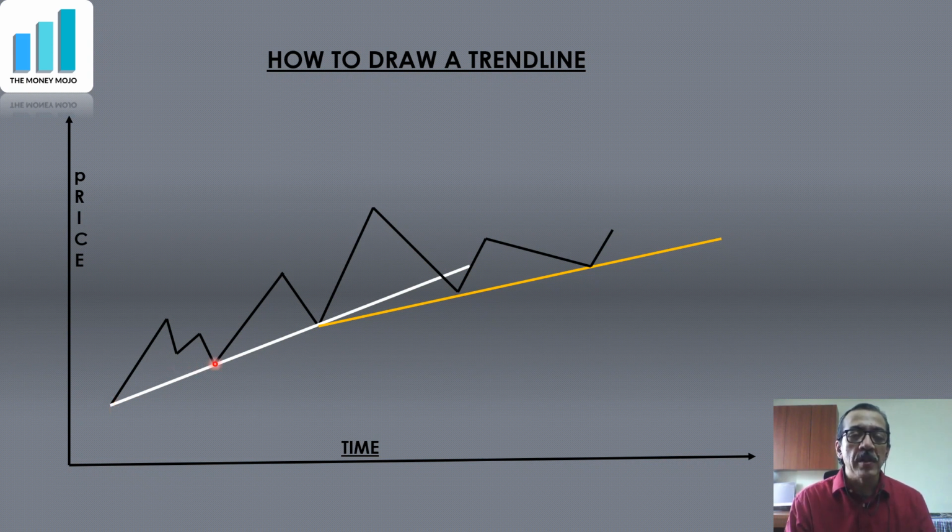We are not sure of this point until the price keeps going up and crosses this level. So at this time, when the price crosses this level, this becomes a valid point to connect. So then you can draw a line between these two points, and this is called the trend line. This is one trend line that I have drawn. Why? Because these two points become valid when the price crosses this level.